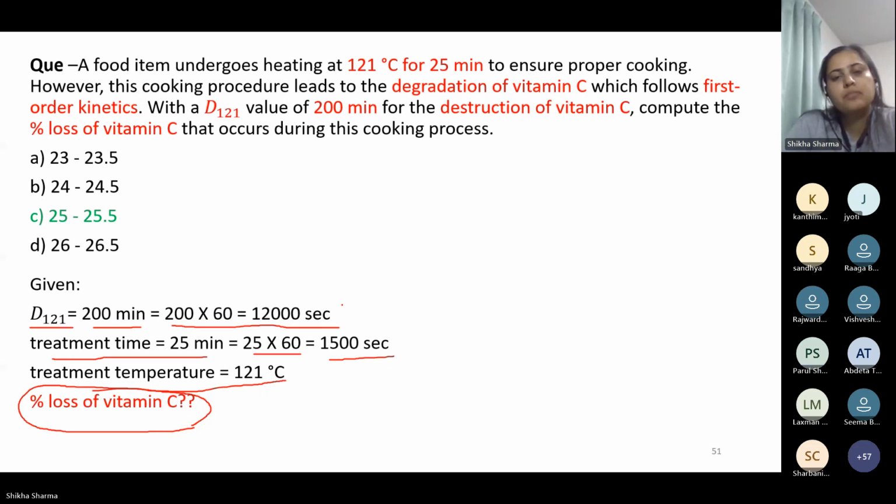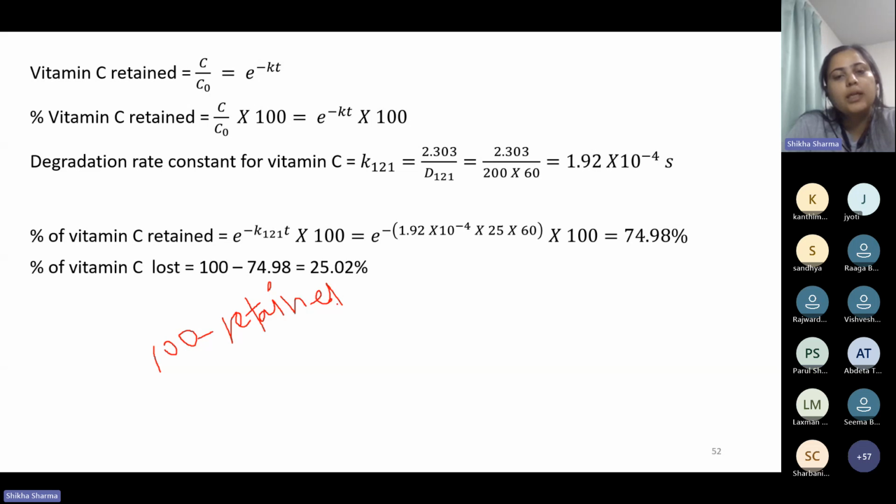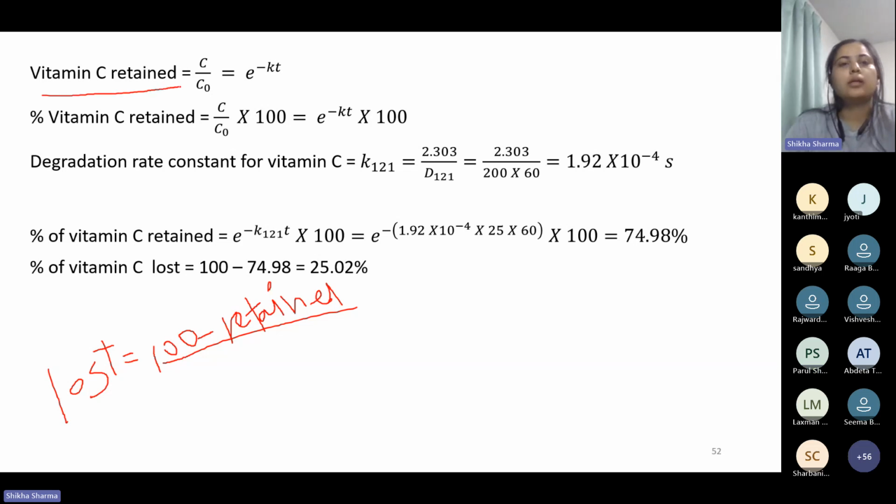Yes, ma'am. So 100 minus retained equals how much is lost, right? So first we will calculate the retained amount. The percentage of vitamin C retained is equal to